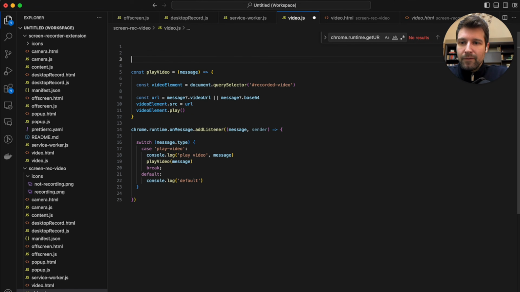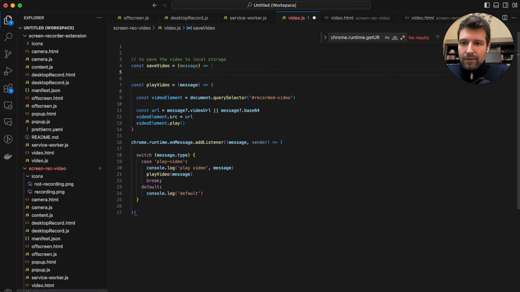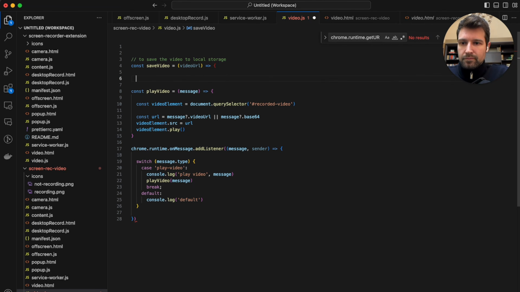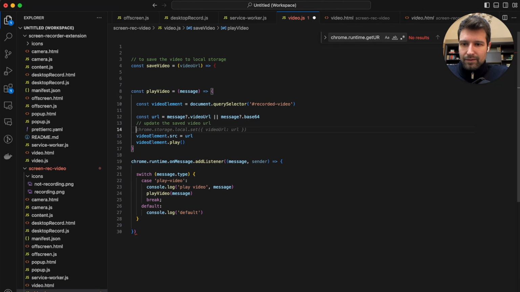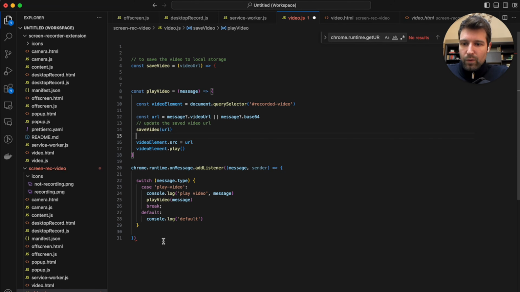And what we're going to do is create a function up here to save the video to local storage. So this will be save video, and this will just be the video URL. And we're just going to say, so this will be provided here. So then up here, whenever we get this, we will update the saved video. That's the code we'll need, but we're going to call save video with the URL. And then when this function first opens, so down here,